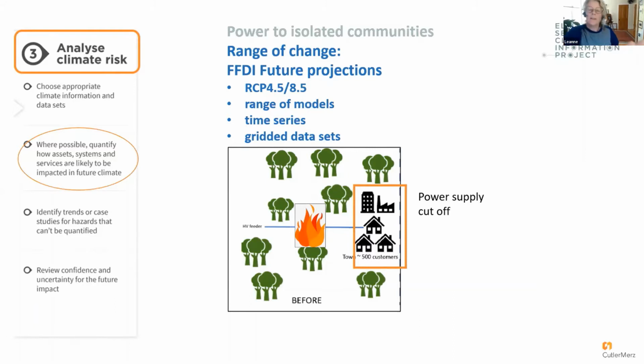And here we see we're going to interpret the range of change. This is what we're deciding on at the moment. The team that are undertaking this case study, we're doing a range of change. We're looking at the Forest Fire Danger Index as a metric, and I'll discuss that a little bit more in a minute. Future projections under 2 different emission scenarios, 4.5 and 8.5. A range of climate models that we will select, exactly like what I just showed you in that past set of slides. But for that range of models, we're going to look at different time series results and also gridded data sets. All right,